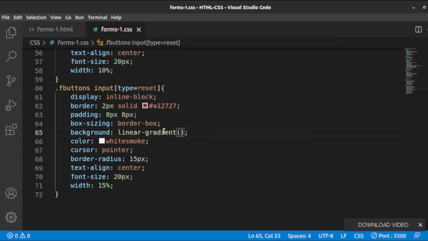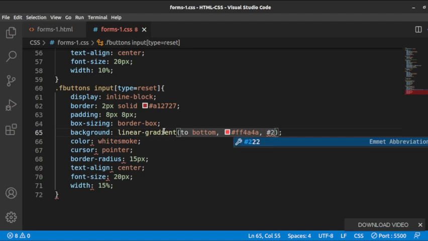There are many ways you can use linear gradient. I prefer saying to bottom. You can use degrees. Another thing is that you can use more than one color, and you can use more than 2 colors. It depends on how you would want to make it. So I'm saying make these 2 colors, they should blend towards the bottom. You could say to top, to left, to right,